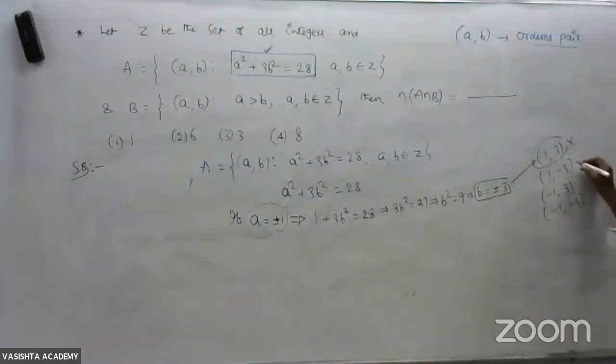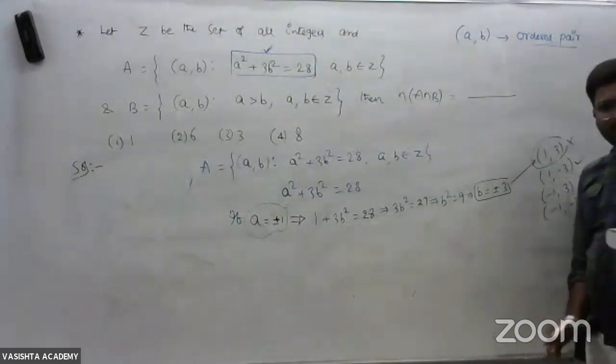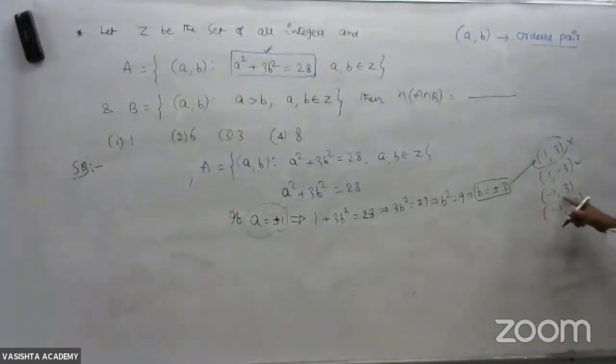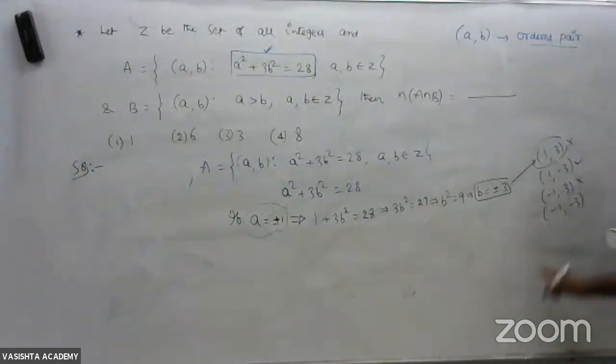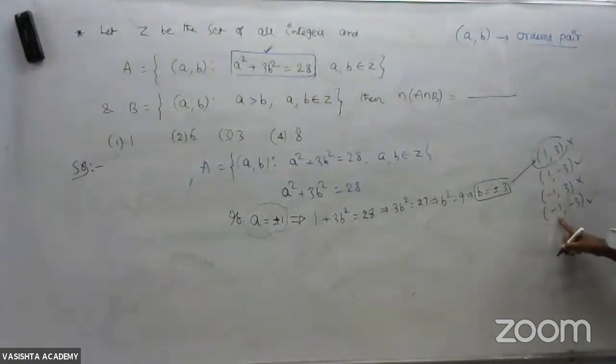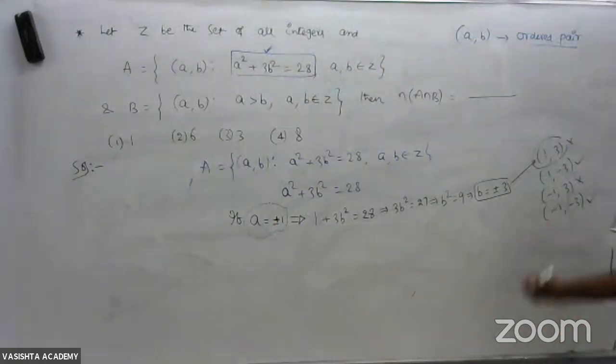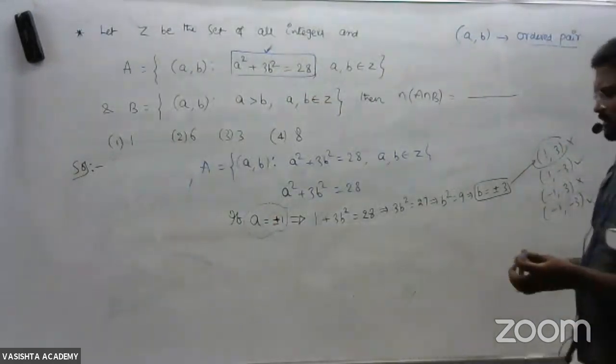What about 1 minus 3? I can take. Are you following it? Minus 1 comma 3. Wrong. Minus 1 comma minus 3. Yes. Minus 1 is greater than minus 3. Isn't it? Minus 1 is less negative than minus 3. Okay. So 1 comma minus 3, minus 1 comma minus 3. Now similarly,